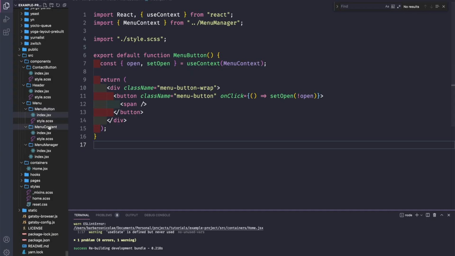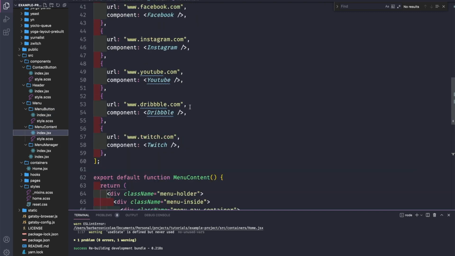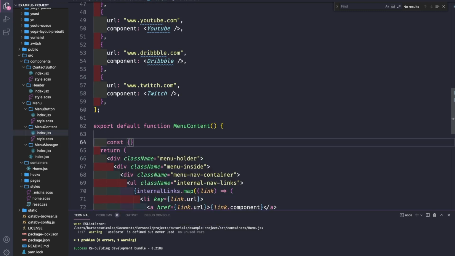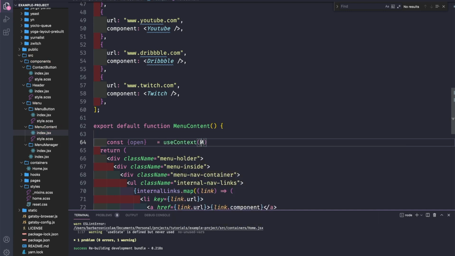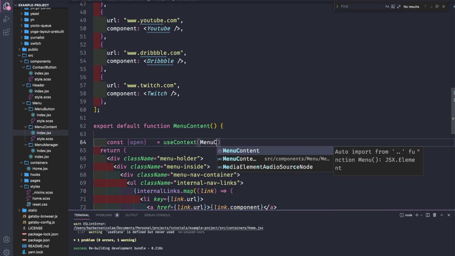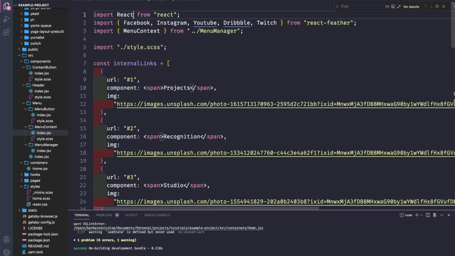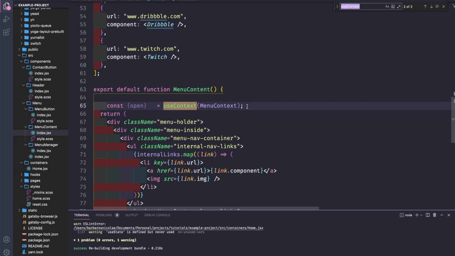Yeah, so let's go on to menu content. We need to get access to the open value from the context, so const open is context menu context. Let's go and import context, and here